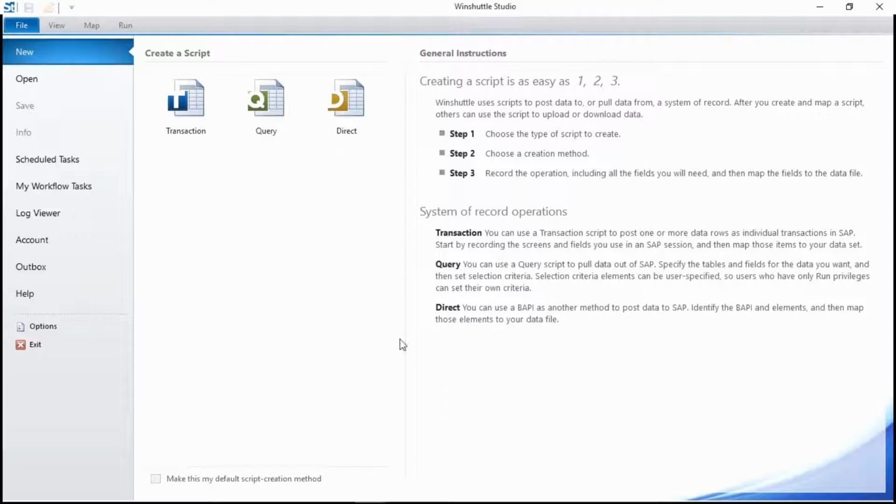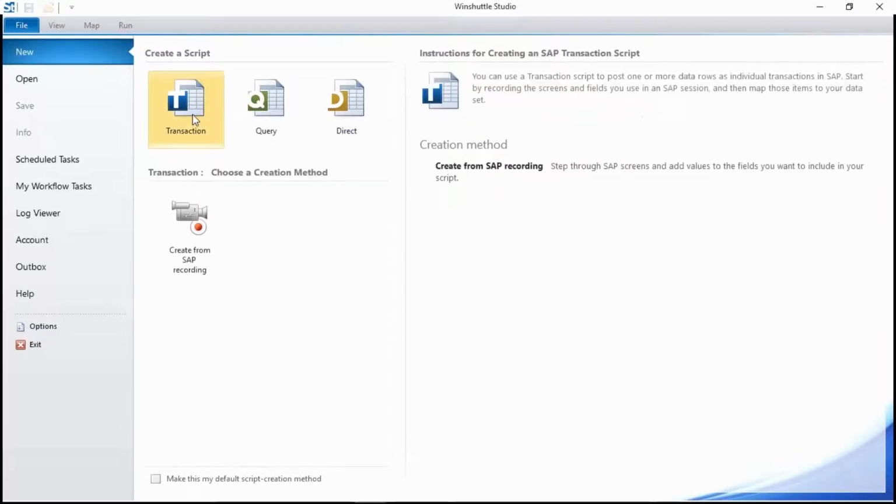And we can create what we call scripts. And when you hear the term script, it's just an SAP interaction. So you can leverage the SAP transactions, you can do extracts using our query tool, and you can leverage BAPIs and remote-enabled function modules, all again to either push or pull data to or from SAP. So today I'm going to start off by creating a transaction script, and when we do that, we'll create a